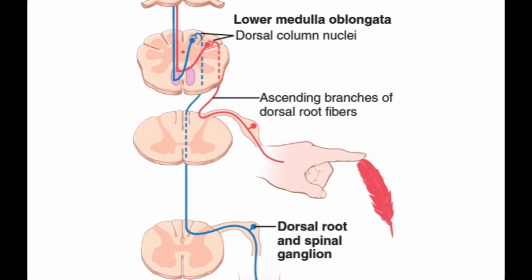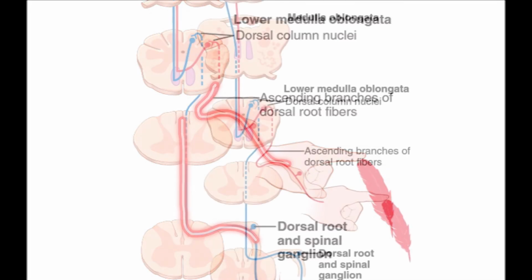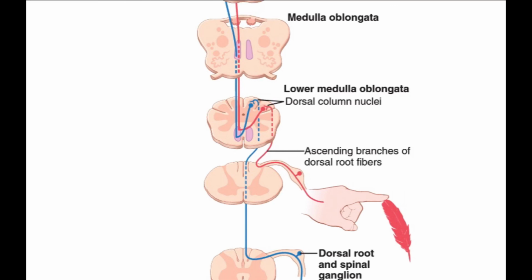We already discussed earlier that the sensory nerve fibers from the lower part of the body form a tract called the fasciculus gracilis, and the sensory nerve fibers from the upper part of the body form a tract called the fasciculus cuneatus. The fasciculus cuneatus and fasciculus gracilis go to the nucleus cuneatus and nucleus gracilis located in the medulla oblongata, where the sensory nerve fibers cross and go to the opposite side, the contralateral side, and move upwards.